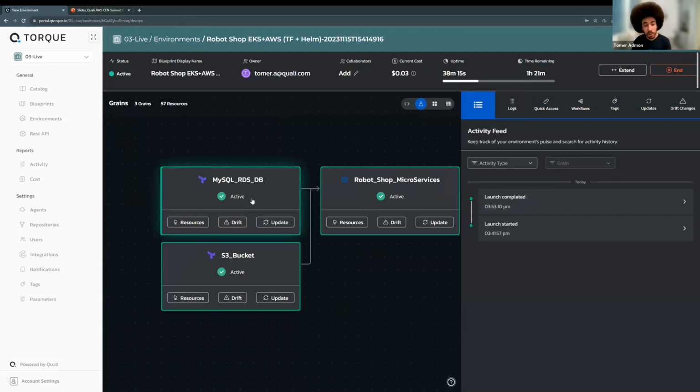So let's say an IP was changed or some subnet was changed in the cloud, maybe on purpose, maybe not. Torque is constantly monitoring that, and we will notify you about that drift. We will tell you about the fact that there is drift. We will show you what the drift is, and we will also allow you to revert back to the original configuration. That way you can use this RDS module 100 times in different permutations of the application, but stay in control and know for sure that this is how the RDS is running all over those 100 different configurations or different environments.